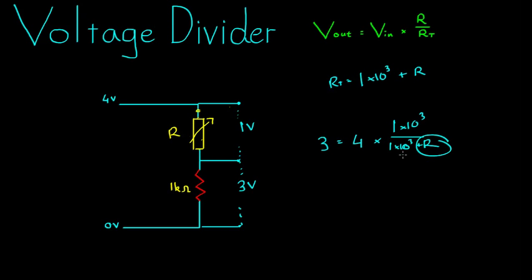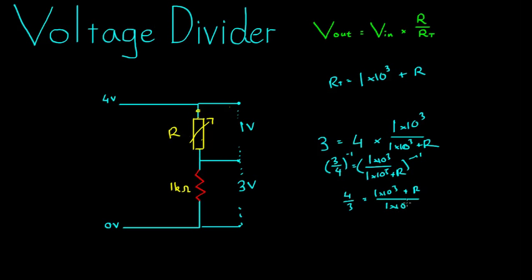We need to solve for this R here. And the way you can do that is to first of all bring this 4 over here. So divide both sides by 4. 3 on 4 equals 1 times 10 to the 3 over 1 times 10 to the 3 plus R. Then we get 4 on 3, flipping both sides, so putting both sides to the power of -1. 4 over 3 is equal to 1 times 10 to the 3 plus R over 1 times 10 to the